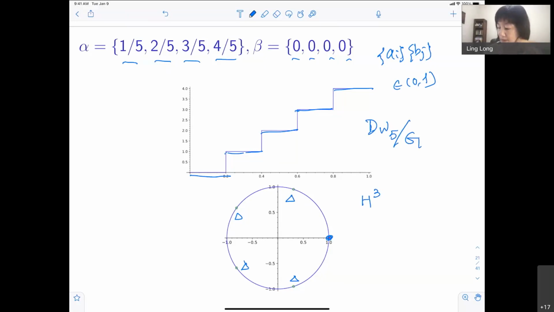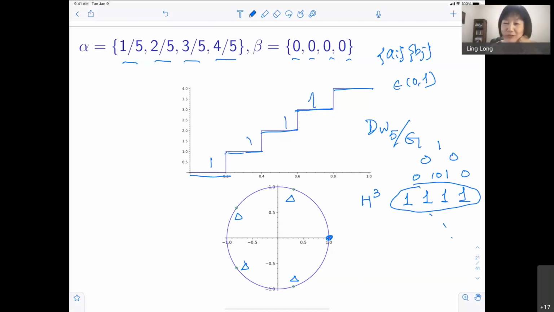what we talked about yesterday will be what happens to the mirror X3. The Hodge numbers will be 1, 1, 1, 1. All right, the Hodge numbers for this particular case will be 1, 1, 1, 1. So you have 0 and 1, 0, 1 and 0, etc. And I want you to think about this 1, 1, 1, 1. You walk up the steps this way, right? And so this is the situation for the step function that occurs for the Dwork degree 5,